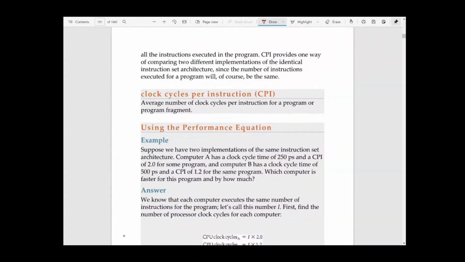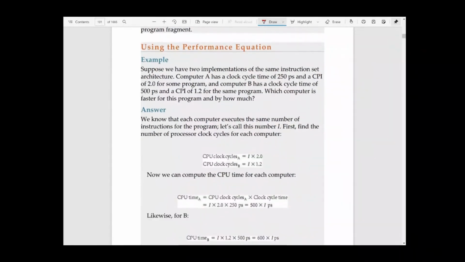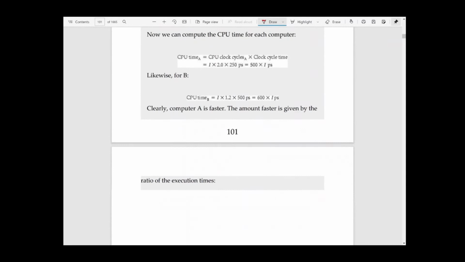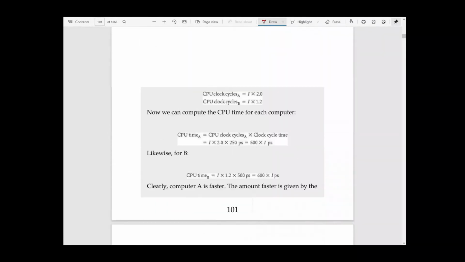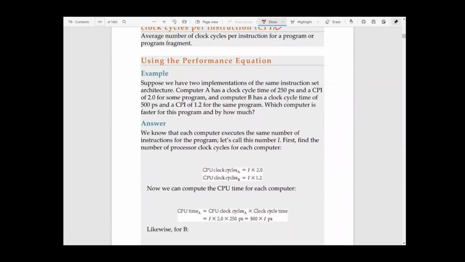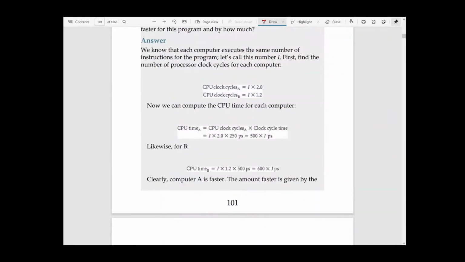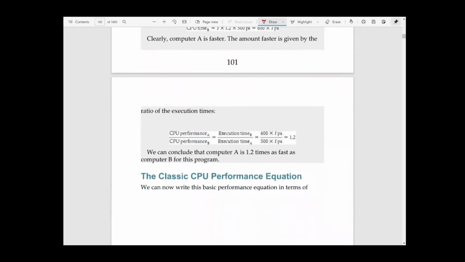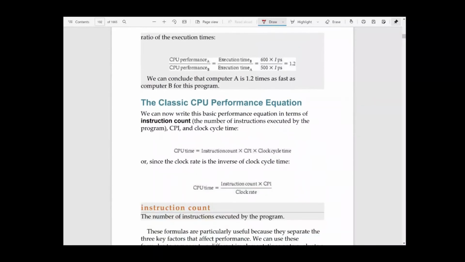I think these things are written next. So read here what is called CPU time. Try to understand what is called CPI. It's important. I have already explained what CPI is, so I'm not explaining it in more detail. See, there is an example here. You have to understand the example. I'm skipping it because it is easy. If you are not understanding it, let me know and I'll explain.